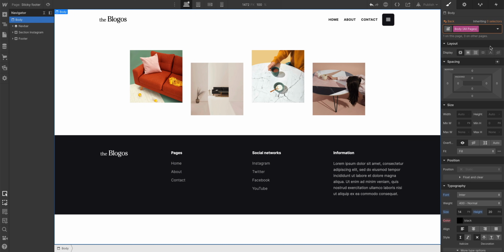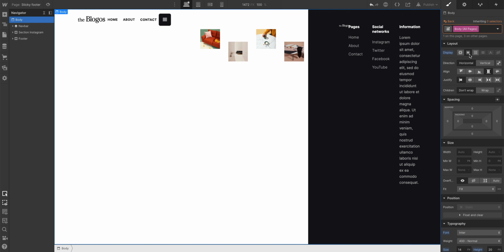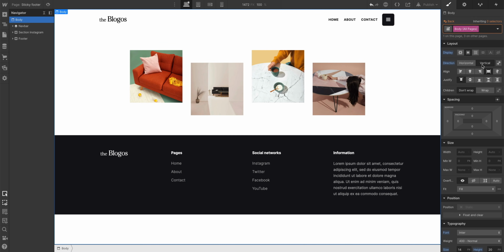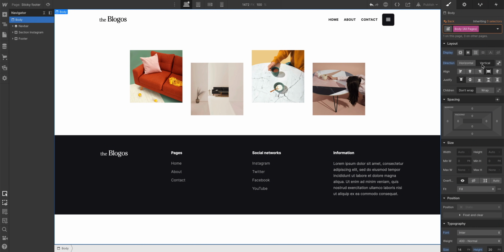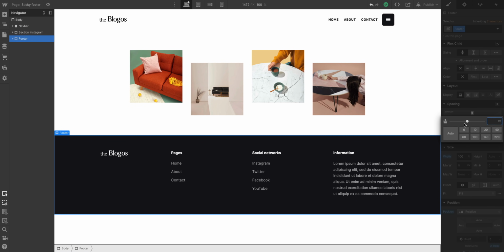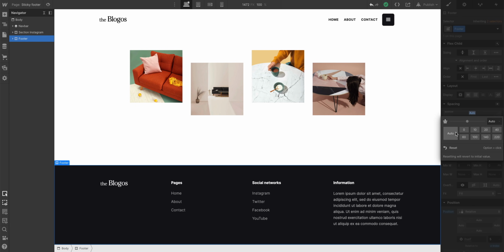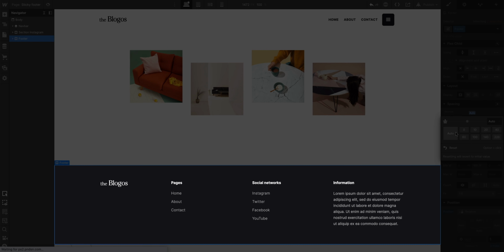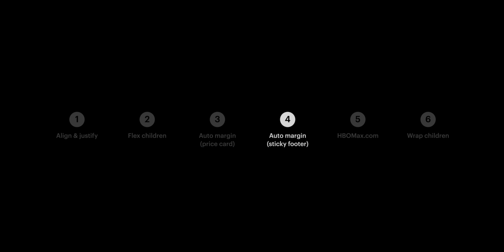We'll do two quick things. One, let's set the tag to flex. We'll use Flexbox. And two, we want the sections and the site content to stack vertically. And that's it. And the magic part comes with auto margin. We can get out of editing the tag and do one more thing. And that's taking the footer and setting the top margin to auto. And now it's always going to be on the bottom, even if there isn't a lot of content on the page. Magical auto margin example 2 complete.